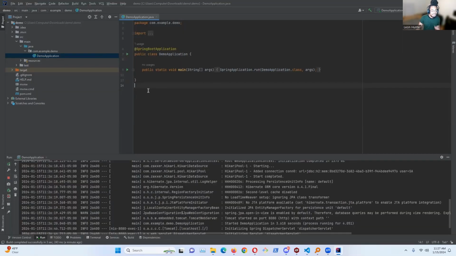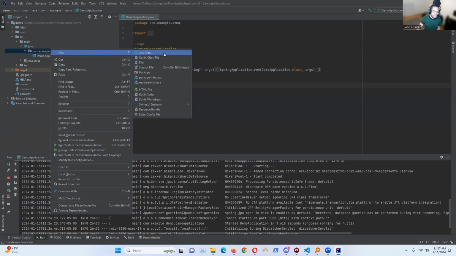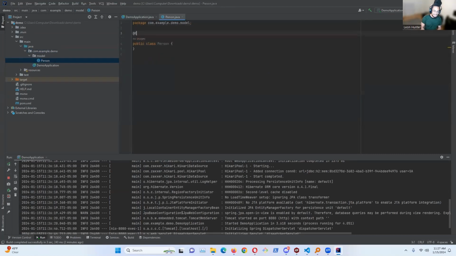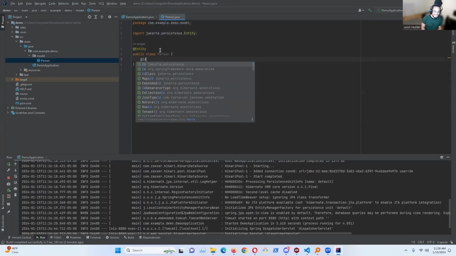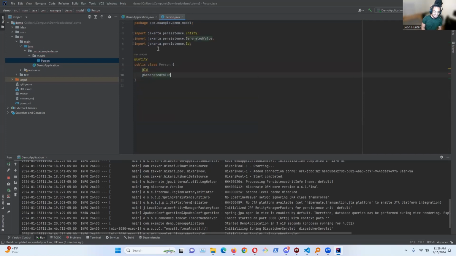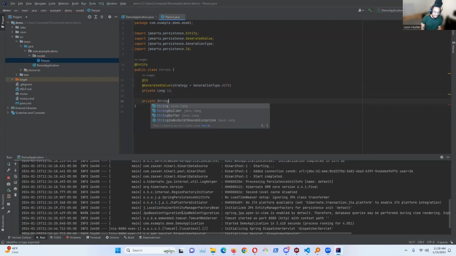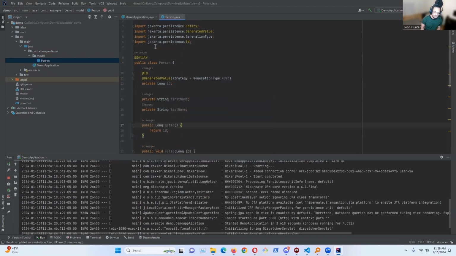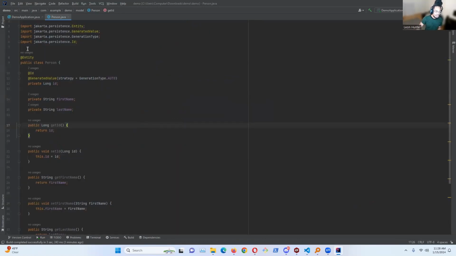The next step is to model the data. So we'll create a new package named model, and within that package, we'll create a class named Person. Person is an entity. Person has an ID. The ID is a generated value whose strategy is equal to auto. The ID is a private long whose name is ID. The person also has a first name. The person also has a last name. The person has getters and setters for each of their fields,